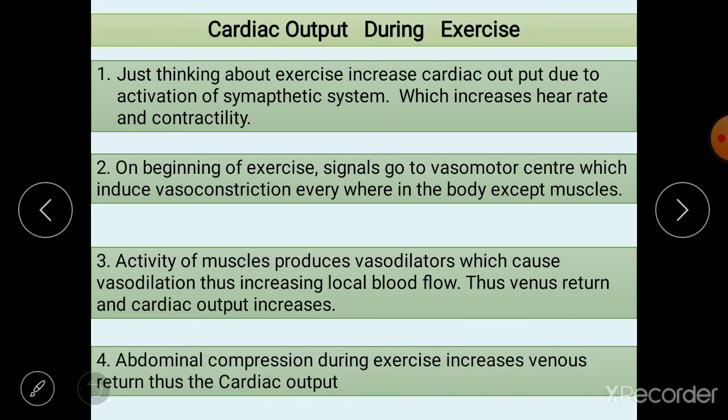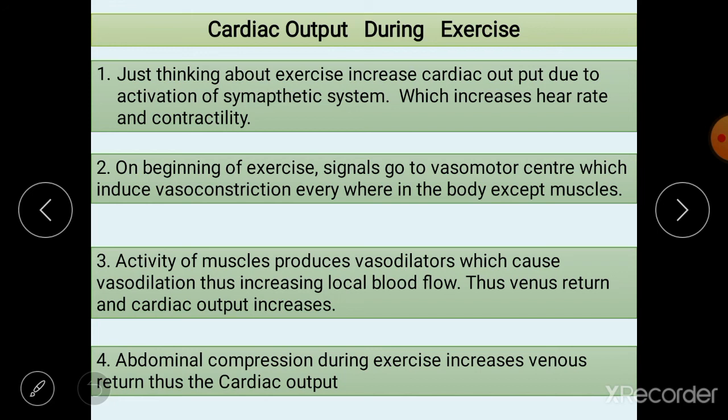And fourthly, we have the compression of abdominal muscles during exercise. When you are running or you are exercising, you will feel the abdominal muscles are tense and compressed. What they do is, when these abdominal muscles are contracting, they squeeze your internal organs, especially your GIT, and the vessels which are present in your abdomen are also compressed. This helps in pushing this blood towards the heart by increasing venous return,